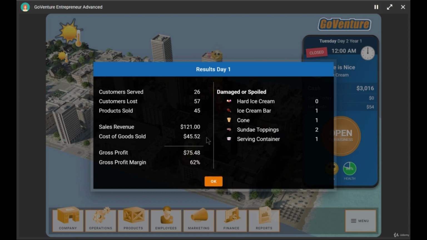And we have a cost of goods of $45. Now, cost of goods doesn't tell us the whole story, because what is cost of goods? That is the cost of the ingredients that we used to make the products that we gave to these 26 customers. So those ingredients cost us $45, and customers gave us $121 in return